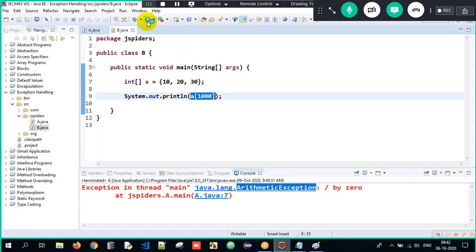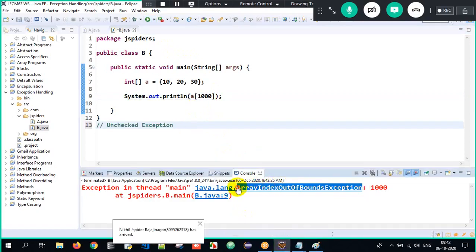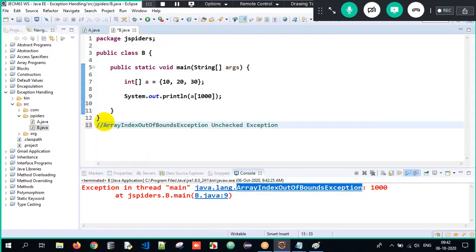So when I execute it, we get an exception called ArrayIndexOutOfBoundsException. It is unknown to the compiler. Therefore, even ArrayIndexOutOfBoundsException is an example for unchecked exception. We need to handle it, but the compiler is not forcing us to handle it immediately.